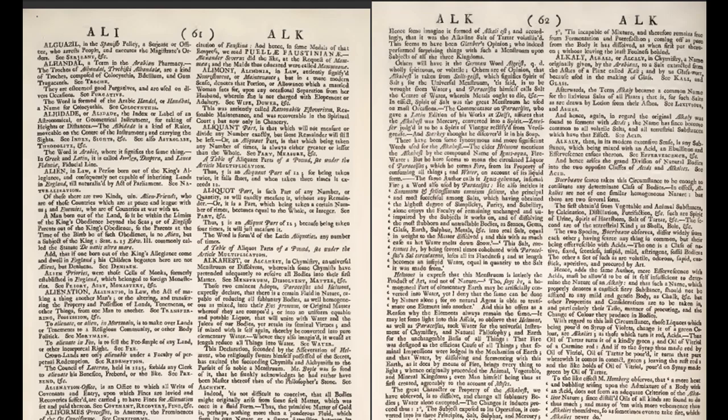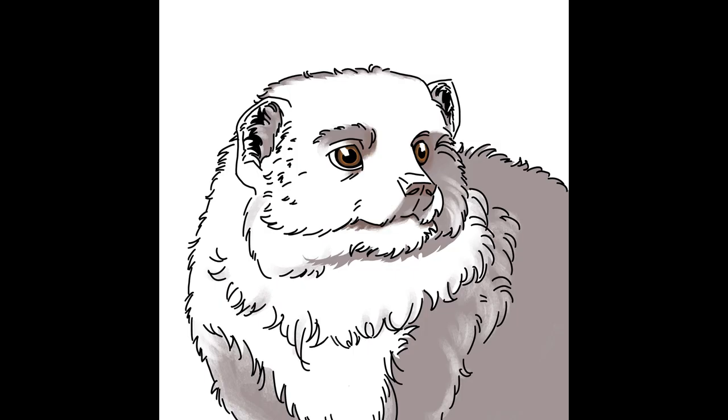In the Chambers Cyclopedia 1728, Volume 1, page 62, ALK, alkali in chemistry, a name originally given by the Arabians to a salt extracted from the ashes of a plant called by them kali and by us glasswort, because it is used in making glass. End of quote. In several modern sources, it is stated that alkali comes from qali, spelled with a Q rather